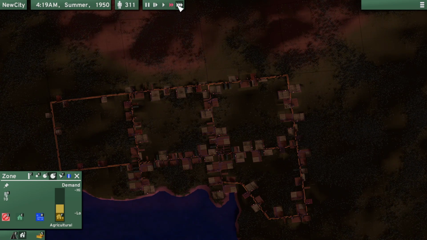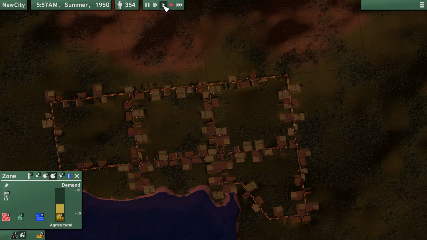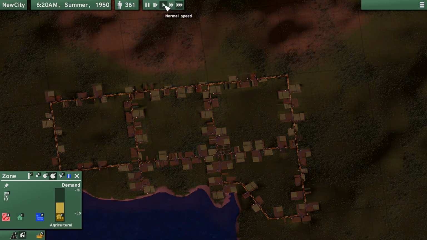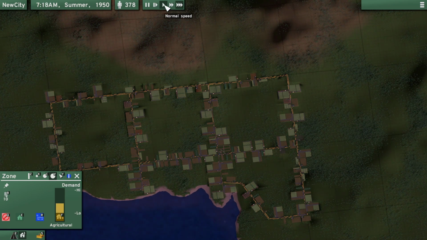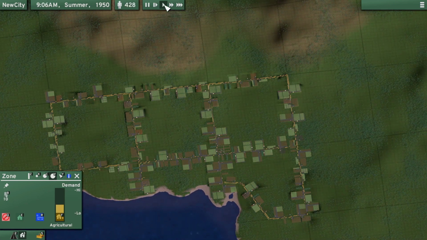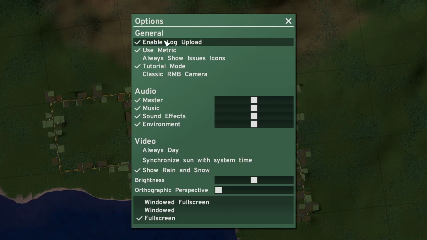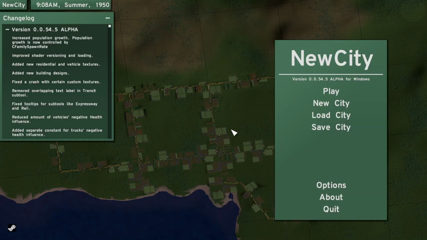Oh, let's go back on speed 3 and let's get to daytime. Okay, the sun is rising. And it is very bright. I'm curious. Always synchronize sun with system time. Interesting. That's cool. So you can synchronize the sun with, I guess, the real time in real life. I don't know if I'd want to do that, because then it would...